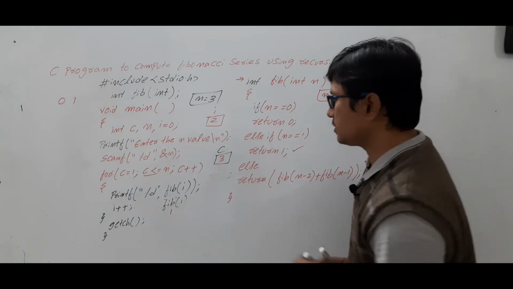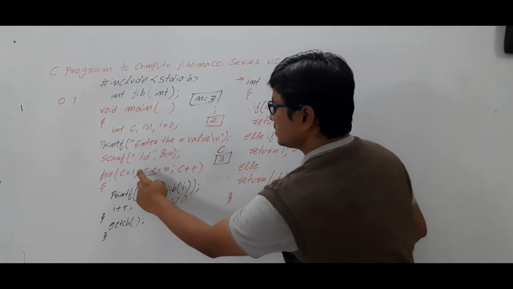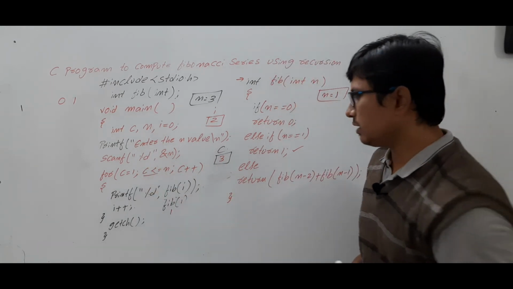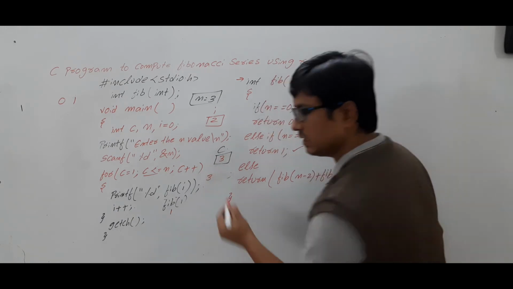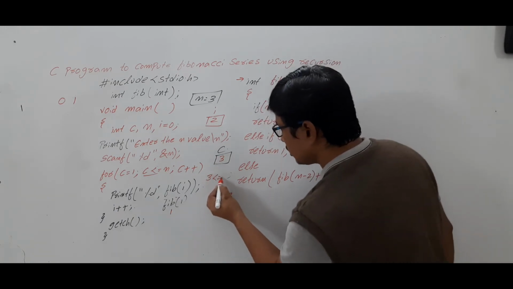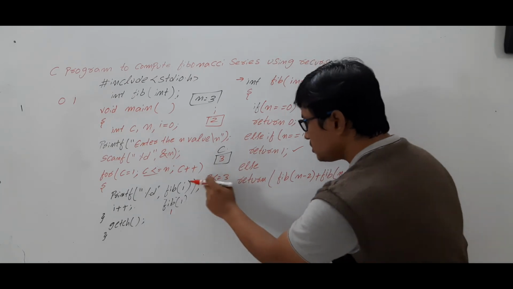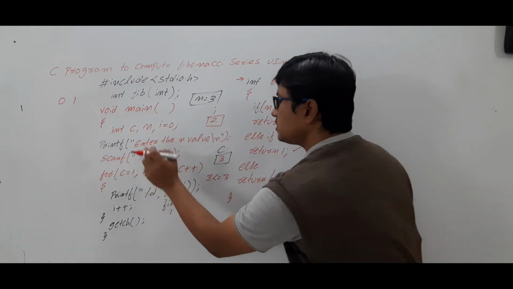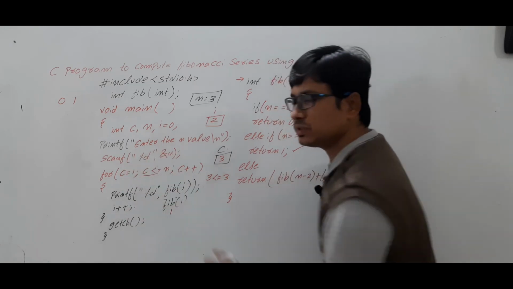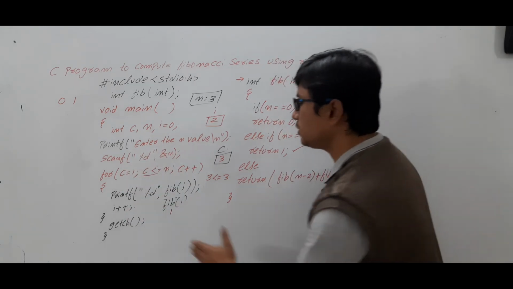Now look at this one. C is less than or equal to n or not? What is the C value? 3 is less than or equal to n, and the n value is 3. Again the condition is true because 3 is equal to 3. So what are the statements in the for loop? Again you need to execute them.